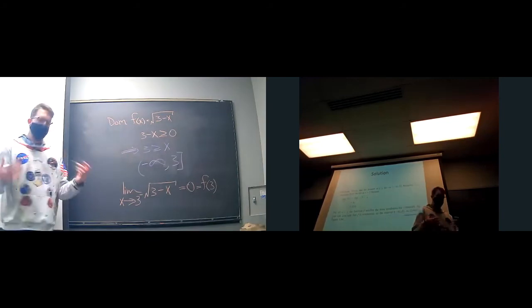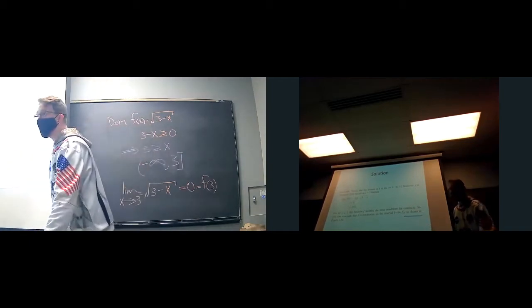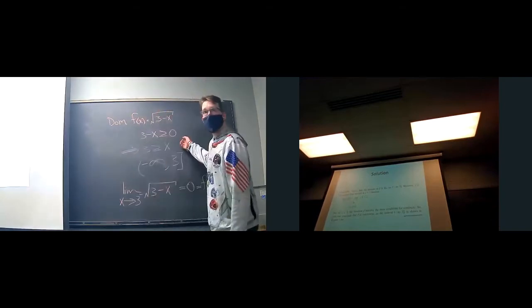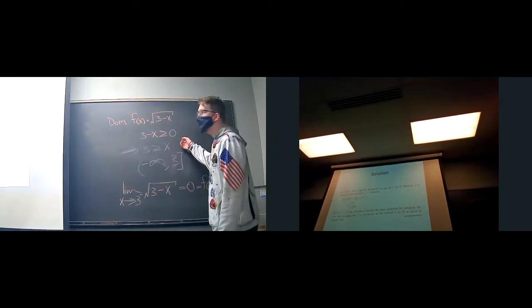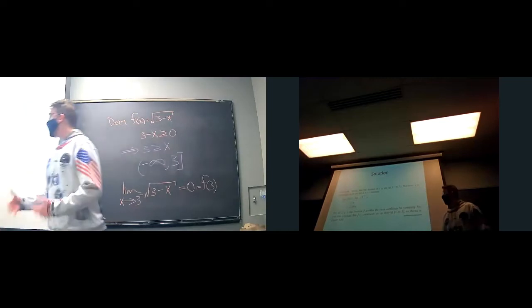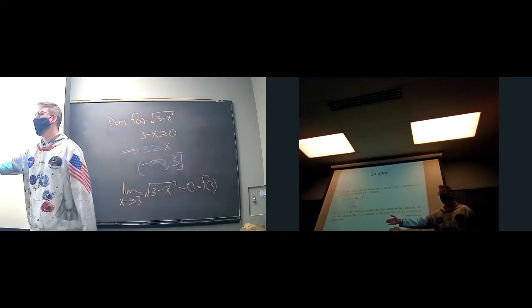Having said that, knowing different things about these functions will make it a little bit quicker for us. If we know that the square root is continuous on its domain, then all we need to do is find its domain, right? Does that make sense what I mean? And that's what they're really saying here: the square root's continuous everywhere on its domain. So all we need to do is find its domain and we can say that it's continuous on this interval.